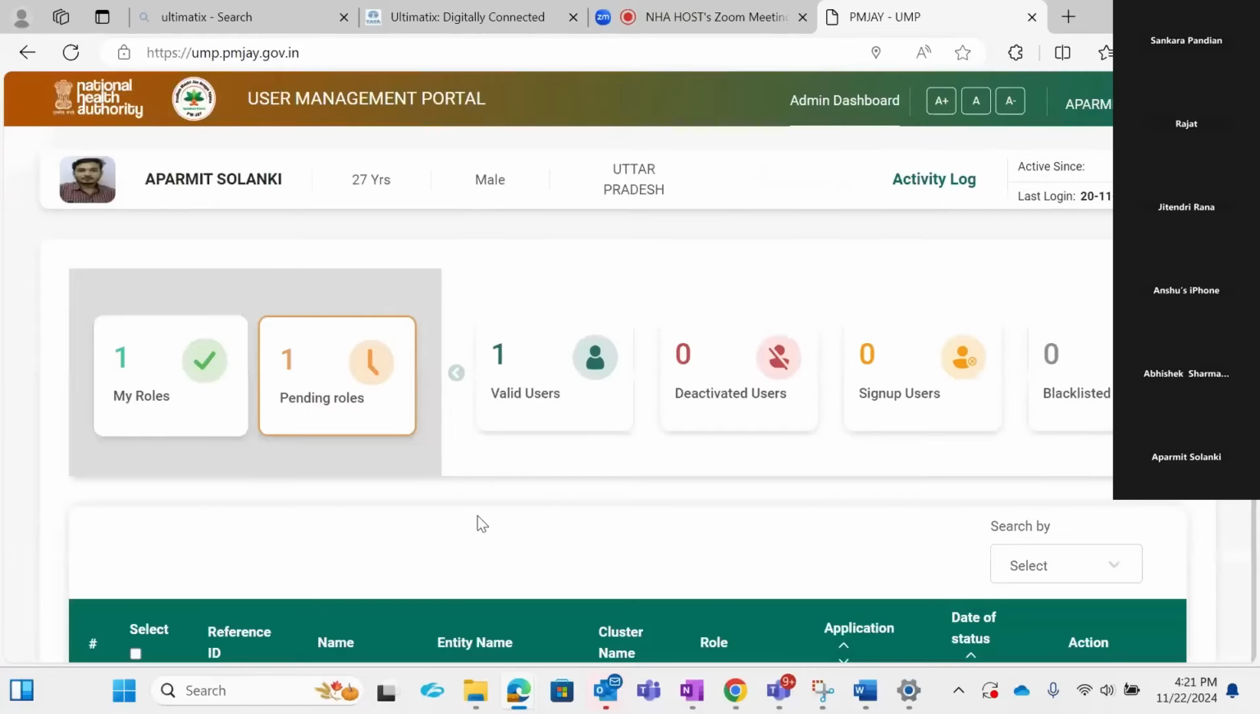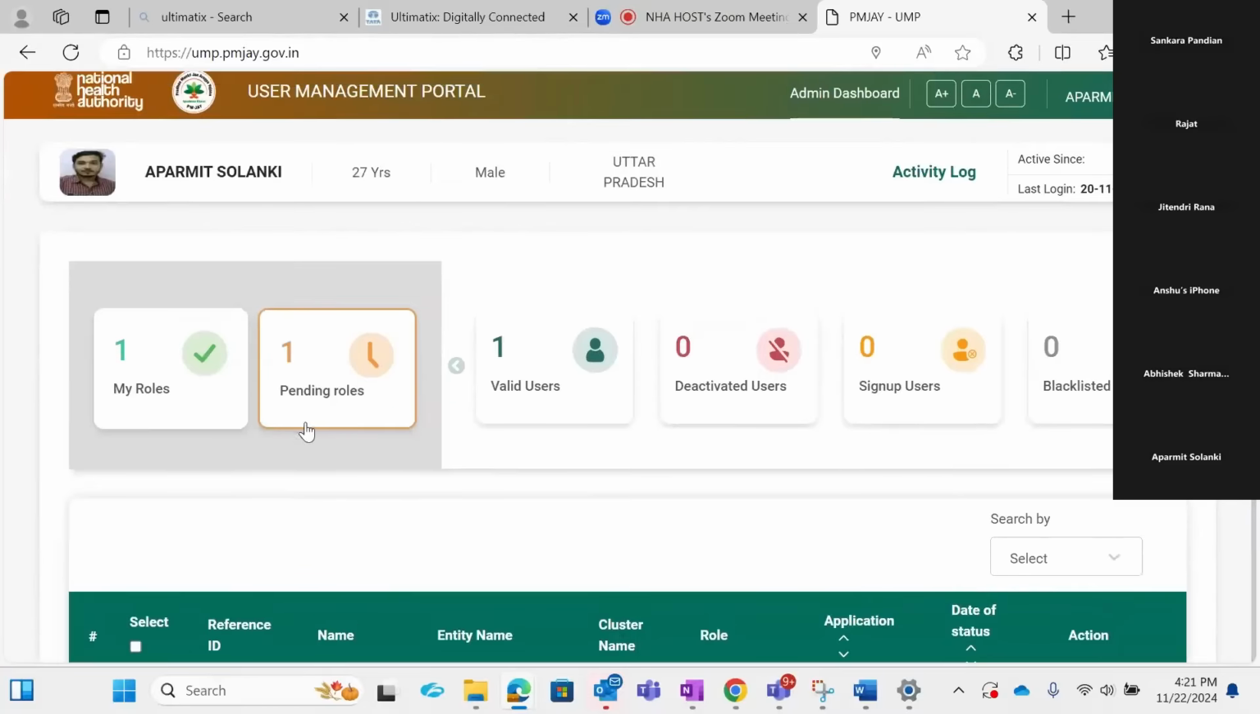Lavi, do you want me to approve your role? Acha, this is production, leave it. So